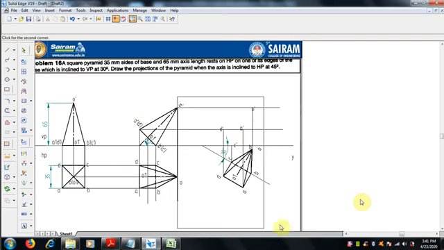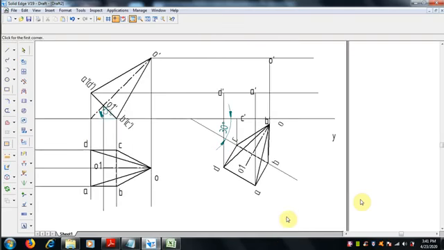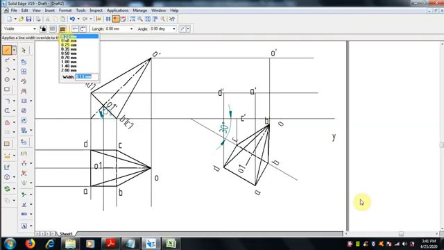Once it is over, then we can draw by using line. We have to finish the front view. What is the base?